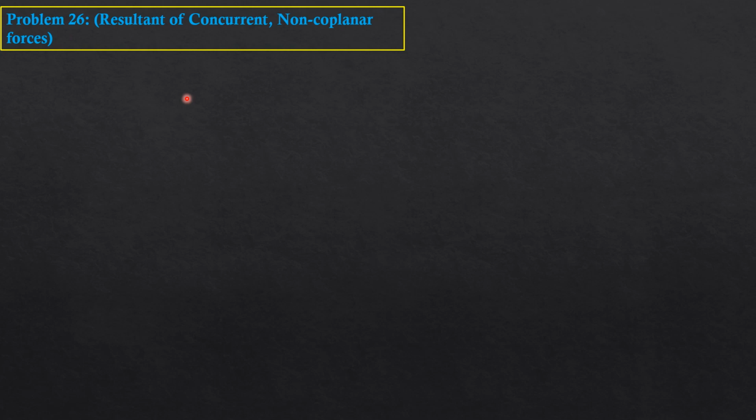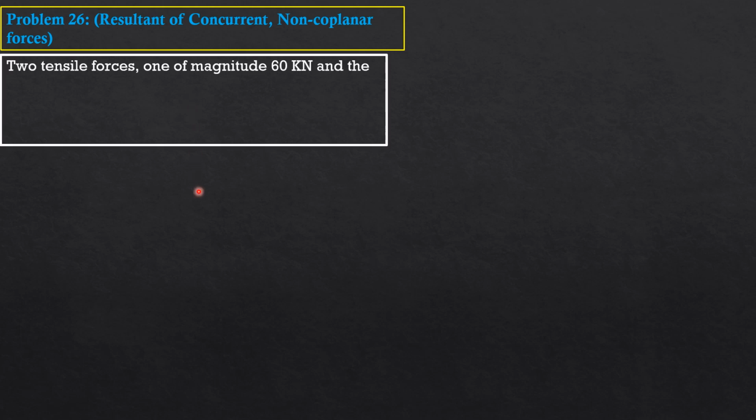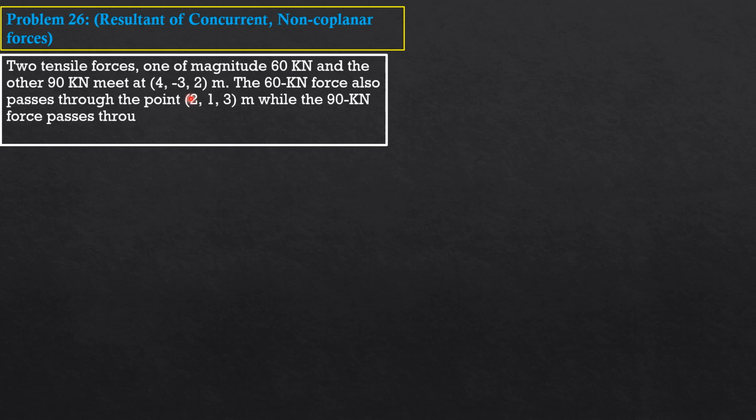Example 26 on finding the resultant of concurrent and coplanar forces. Two tensile forces, one of magnitude 60 kilonewtons and the other 90 kilonewtons, meet at the point (4, -3, 2) meters. The 60 kilonewton force also passes through the point (2, 1, 3) meters, while the 90 kilonewton force passes through (-1, -1, 5) meters. Determine the resultant vector. In this case, the forces should be transformed into rectangular components in vector form